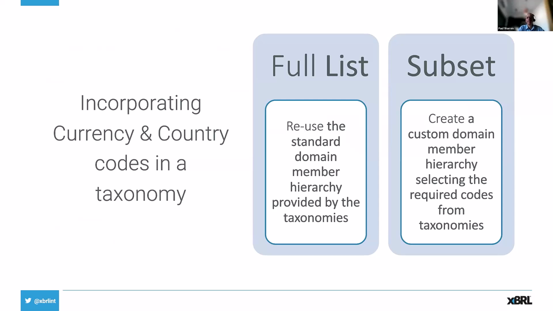When you're making use of the code lists, we provide, as part of the taxonomy, a domain member hierarchy that includes all of the codes. What that means is that it's effectively a structured list that you can incorporate. So if you say for your fact value you want to permit any currency code, you can simply reuse the hierarchy that we provide, and that will give you a complete list of all the currencies